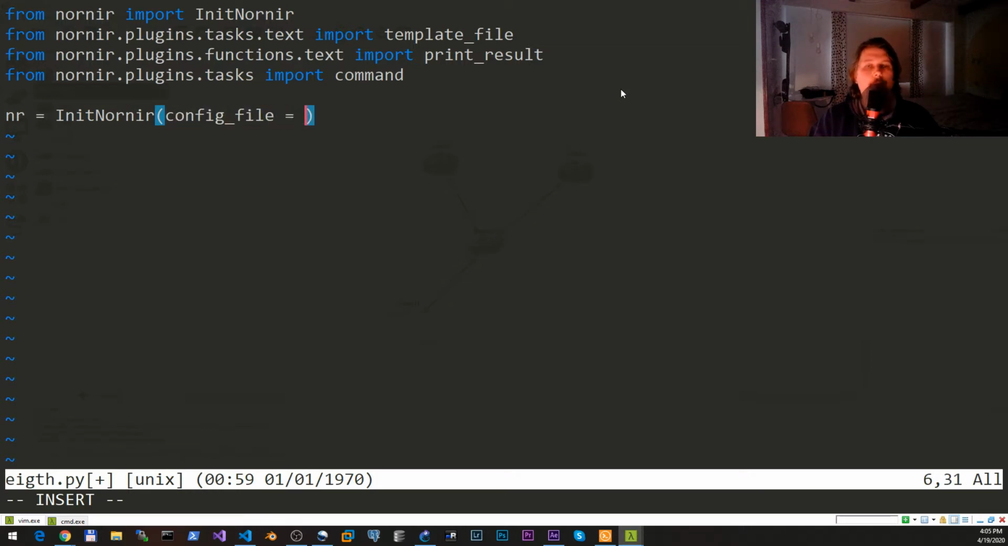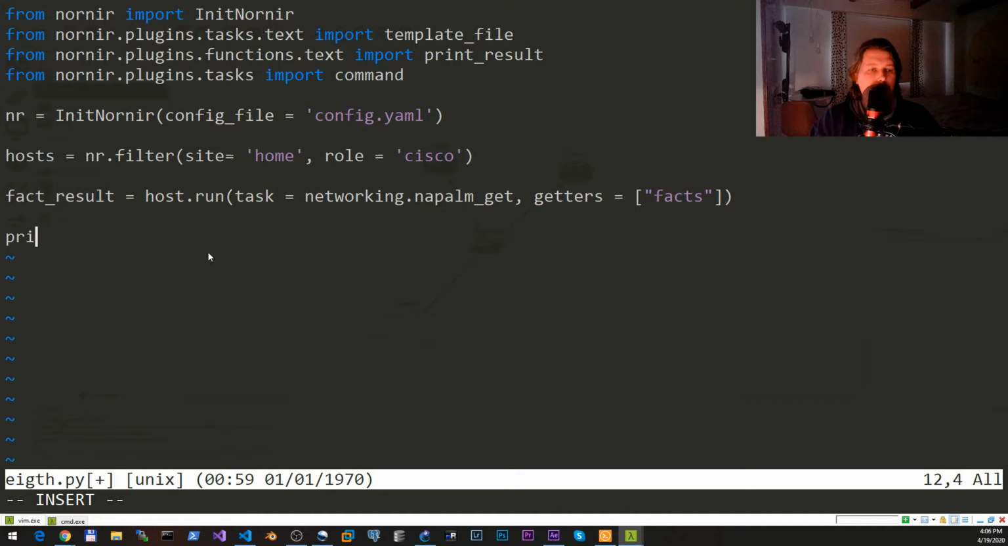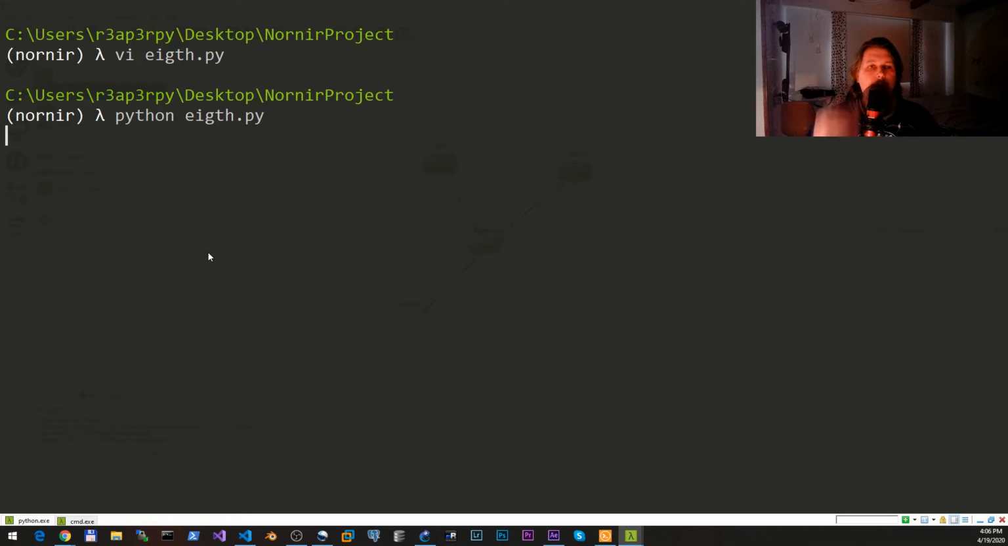will come from the config.yaml. And what we would also like to do is to filter down to our hosts, where the site is home and the role is Cisco. And basically we would like to gather the facts, and first we would like to have the fact result here on the screen. So python 8.py,